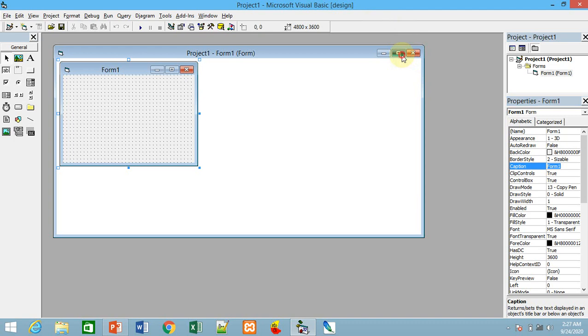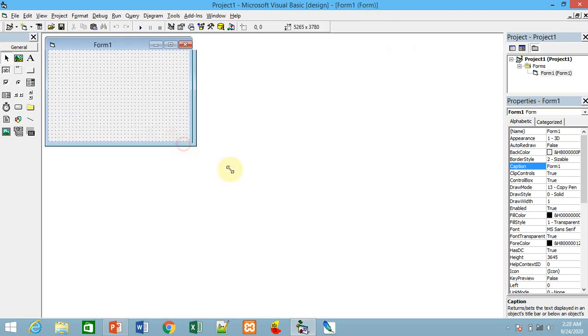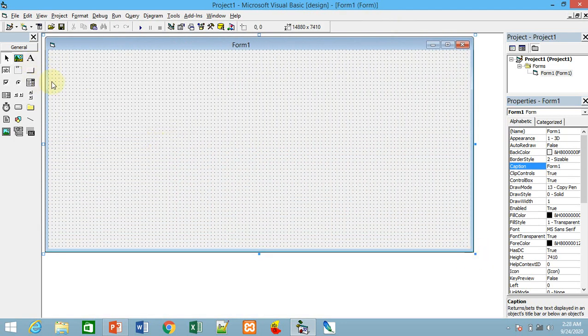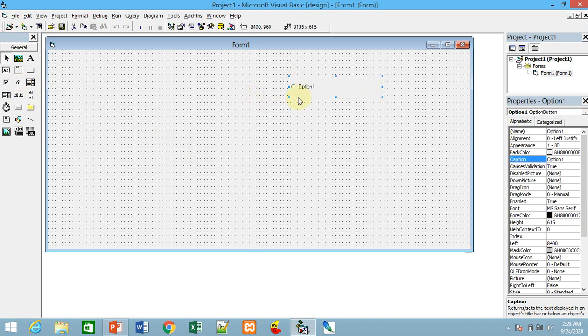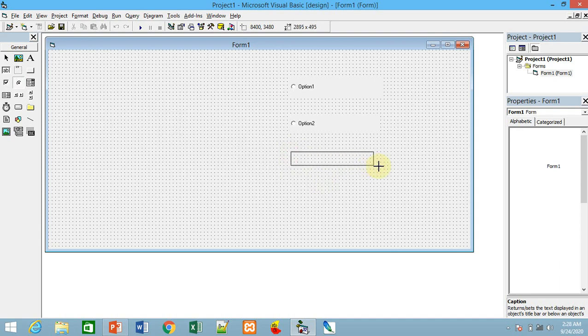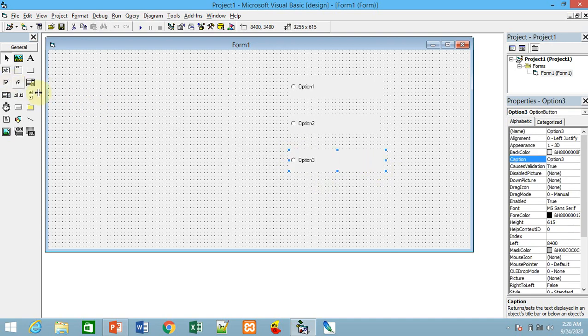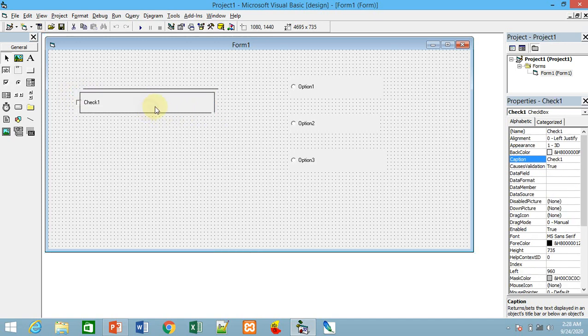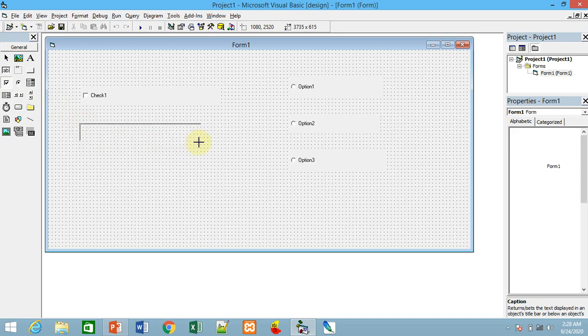Here in this form I will just show you the group of option buttons. This round button is nothing but the option button. Similarly, another option button, second, third, there will be 3 option buttons. These option buttons are in round shape. Similarly, there are other buttons like check boxes. You can simply say check boxes.